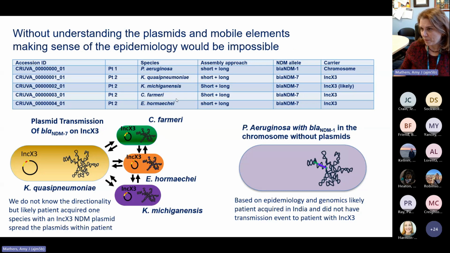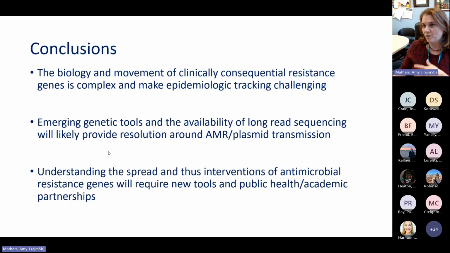And for the other patient, I don't know where they got it, but it was on an IncX plasmid that was shared across all those species. And my hypothesis would be in that patient's gut. I don't know which one the patient acquired. And when you're doing this type of genomic epi, figuring out which was the first isolate that they acquired or which one is spreading between patients, it's really important to try to work on the directionality and use genomics to do that. So in conclusion, I'll just say it's really, really complicated, but I do think, especially through